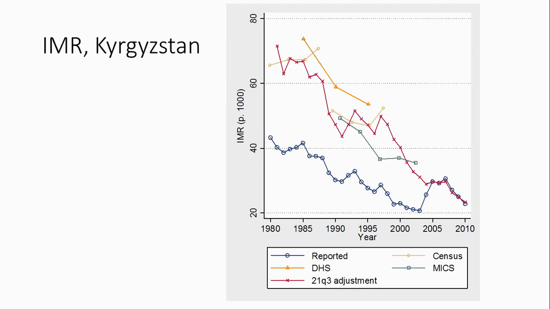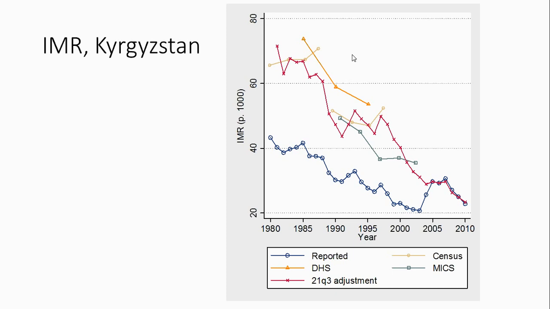So here are the different estimates that we get. At the bottom you have the unadjusted VR, then the points that are connected, 2 or 4 points together, whether it's survey, DHS, or census estimates. And then in red, the long time series is the adjusted VR estimate from this procedure. What we are showing here is that the adjusted VR estimates are very comparable with the survey and census estimates for the years when they overlap. This shows the validity of the approach.